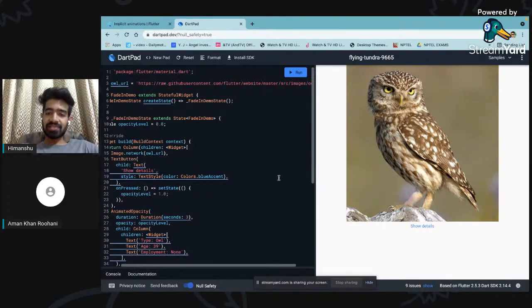Now guys, as we've seen earlier, that's the show details. So as we click here on the show details, it's going to show some of the content related to that particular owl. So if you just click on that show detail,